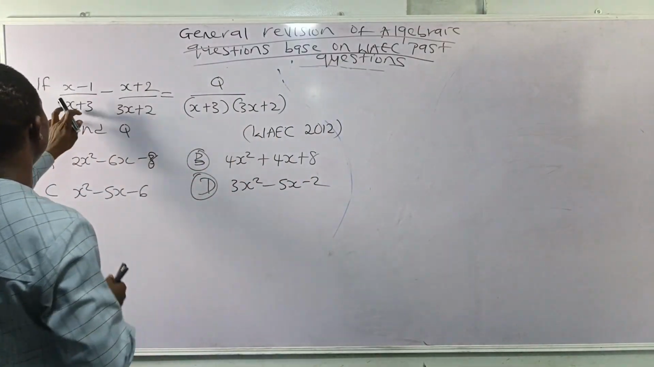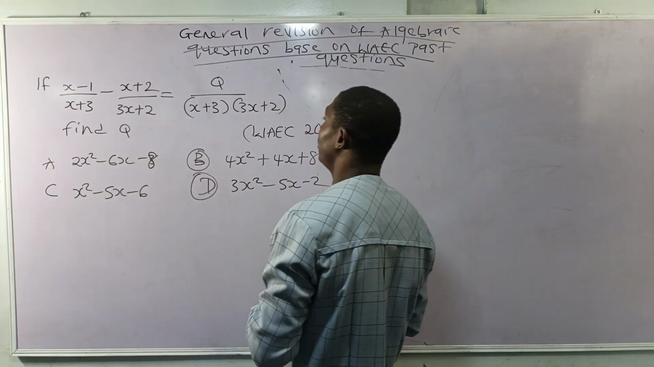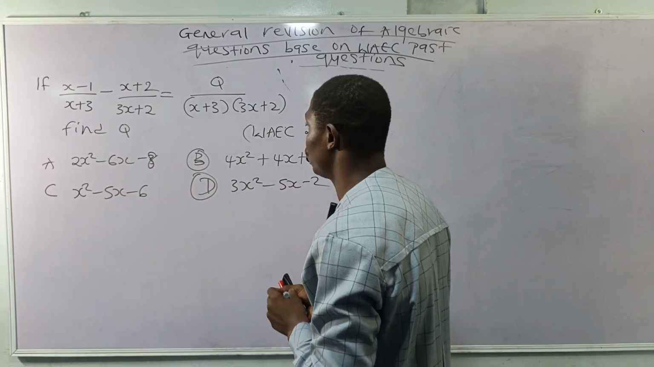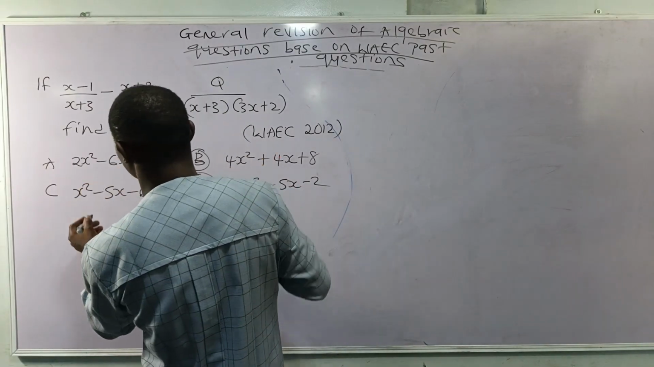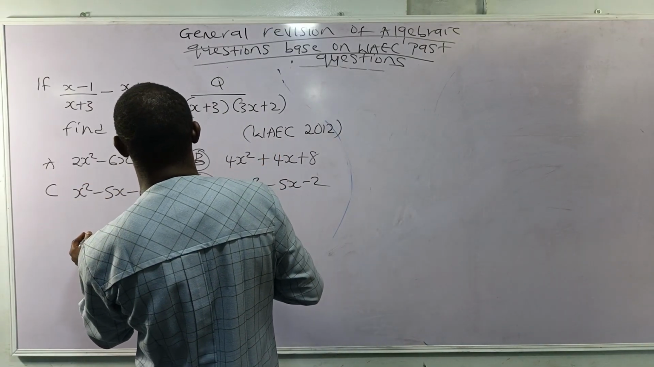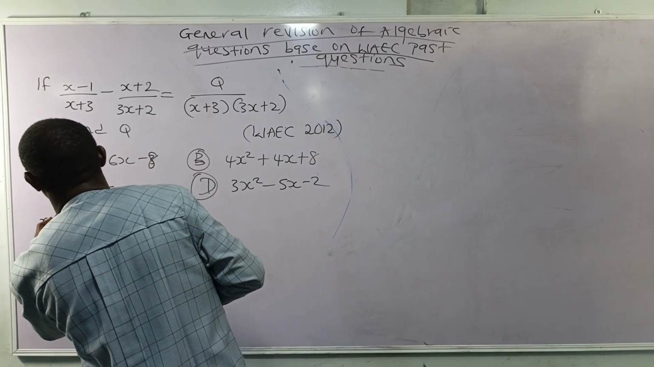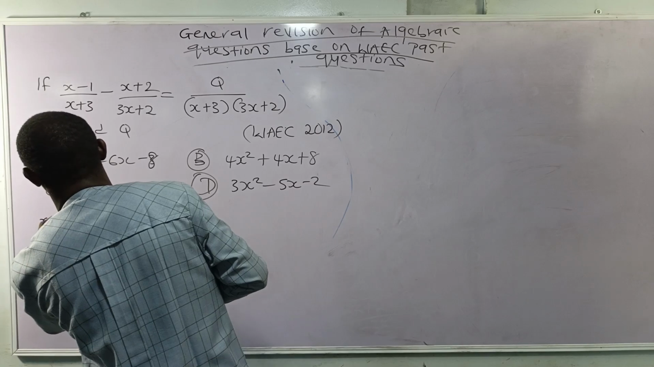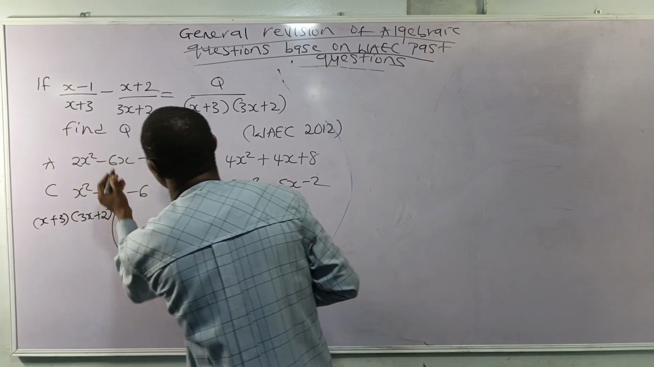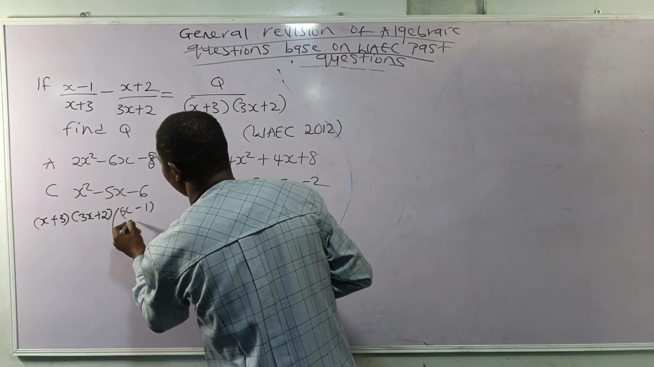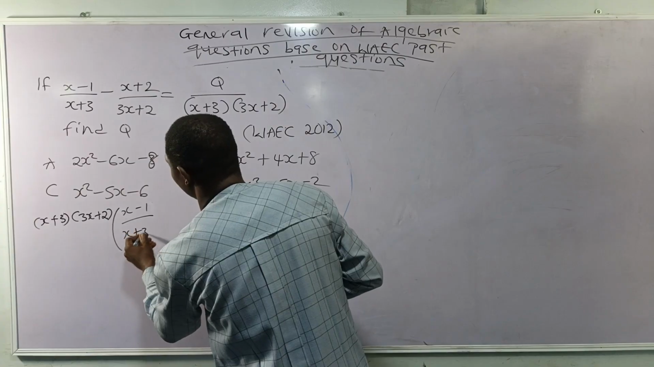But we can see that this and this are what we have here. So the LCM remains (x plus 3) in brackets and also (3x plus 2) in brackets. So if we multiply with that, let's do it to show working: (x plus 3)(3x plus 2), which are the LCM, multiplying (x minus 1) all over (x plus 3)